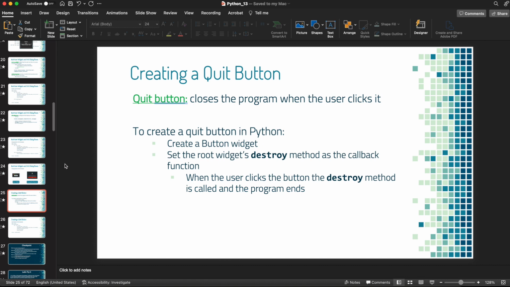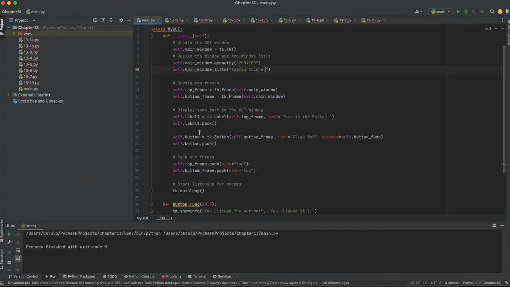So the quit button just closes the program. It's just like the cancel button, anything. That's like the X, or this little red X up here, or like the regular X over here on a Windows computer. It just quits the program. So what we're going to do to create that is we're going to come over here where we have click